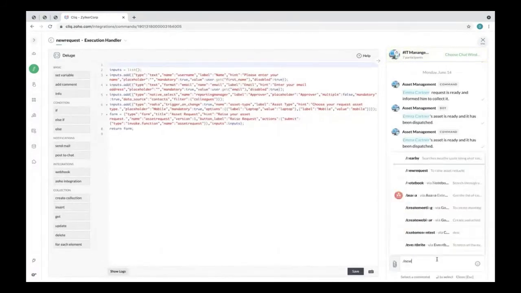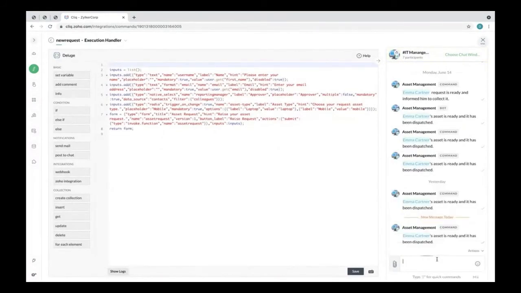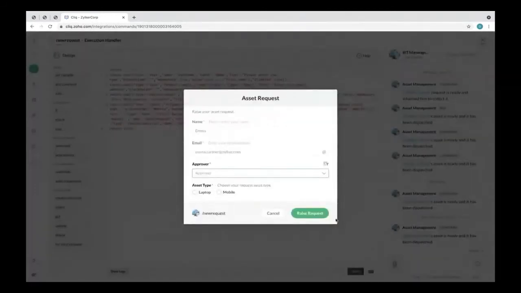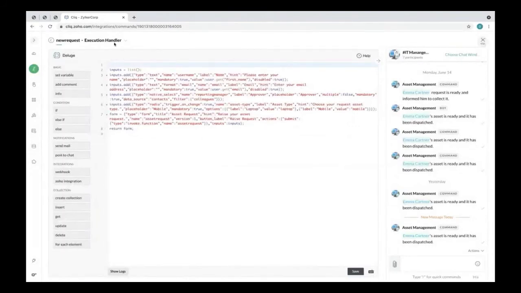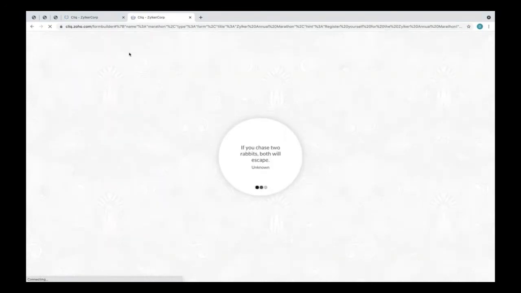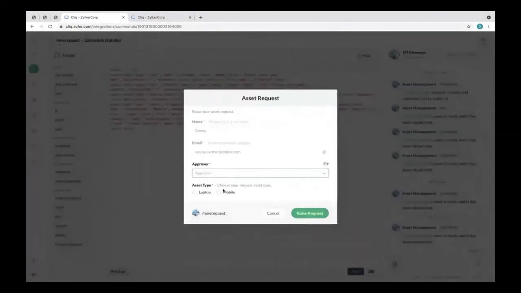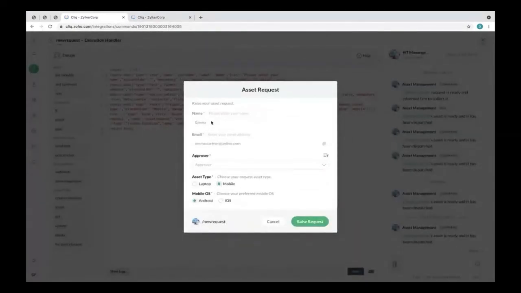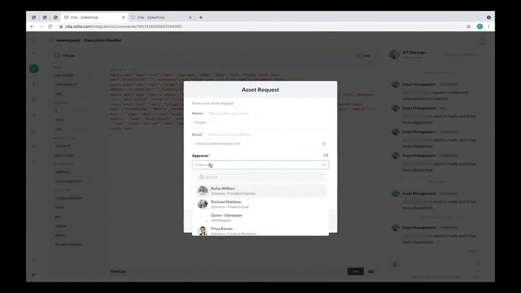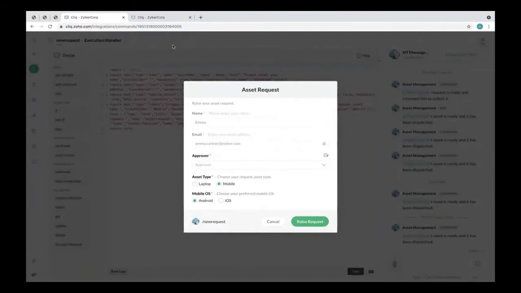Before jumping onto that, let me quickly show you by executing this particular command. So executing this command is opening a form. That is, this particular code we see here is a form. As I was referring to the form builder, let's see how this form is built. Here on screen, you can see this particular form has 5 inputs. We have a name input, an email, which is used to select one of the persons from my contact list. And then there are 2 radio buttons.